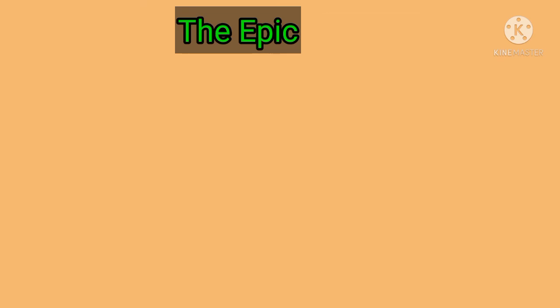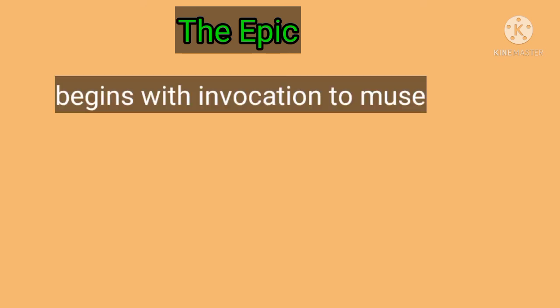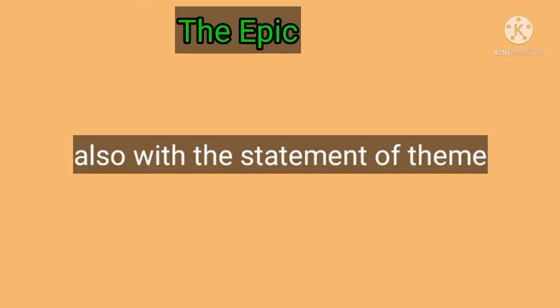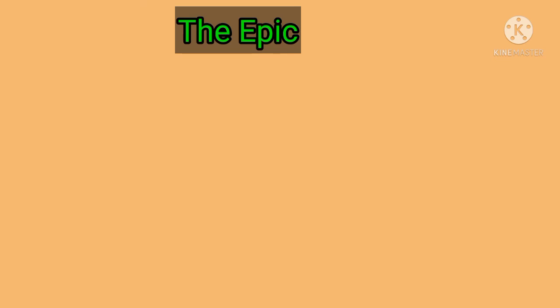The epic begins in medias res. The setting is vast, covering many nations, the world, or the whole universe. The epic generally begins with an invocation to the Muse. It begins with the statement of the theme. It includes use of epithets, contains long lists called the epic catalogue. It features long and formal speeches. It shows divine intervention in human affairs. It features the hero that embodies the values of civilization.